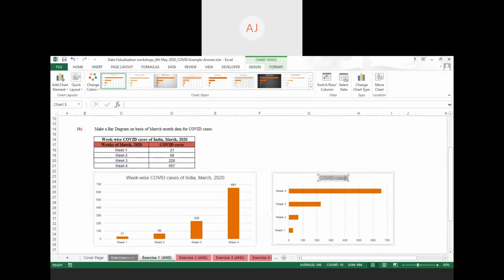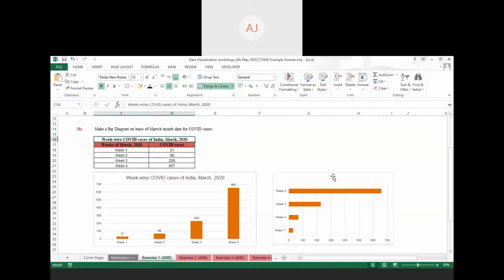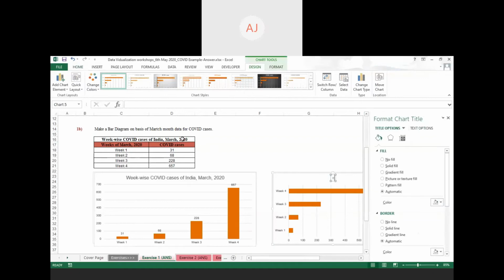For example, your chart title. For adding a chart title, just click the equal sign, then select the exact title you want to make.